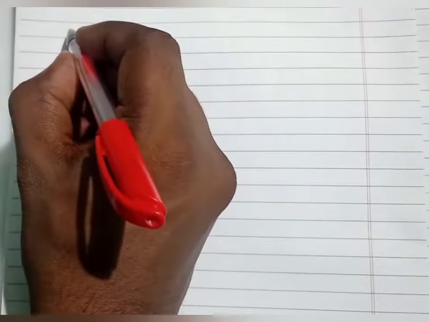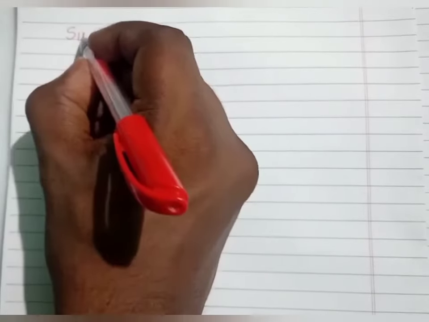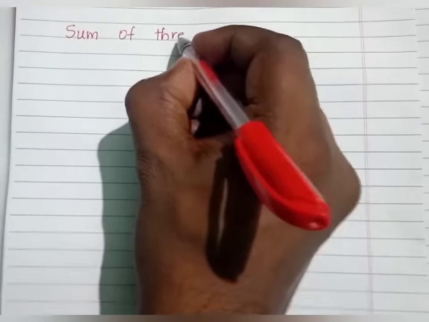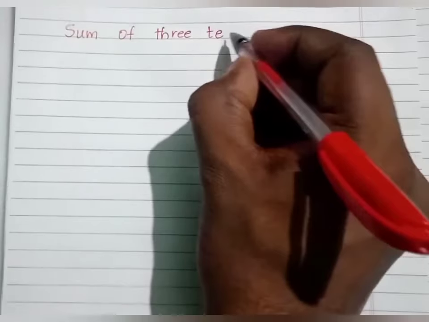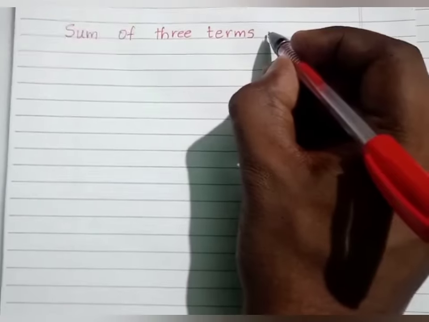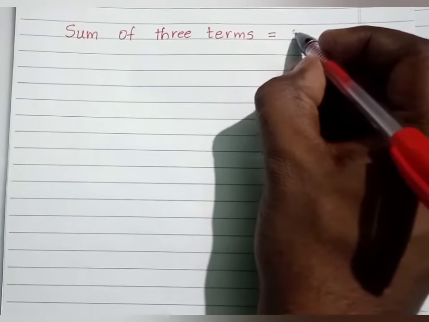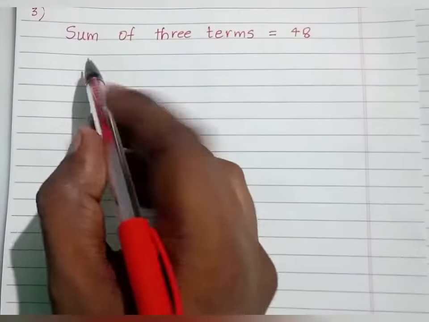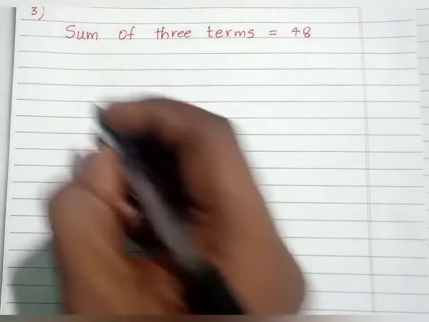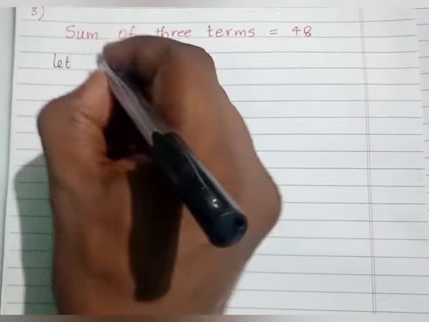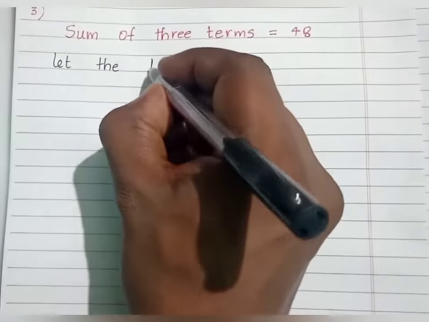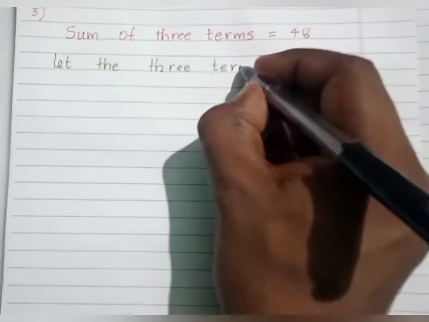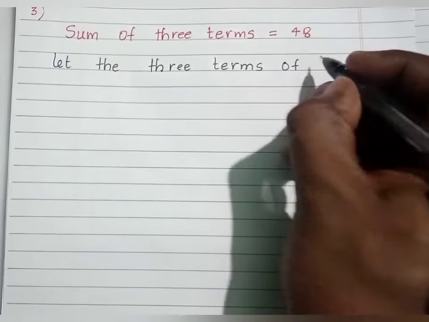Third question, given sum of three terms of an AP is 48. So sum of three terms of the given AP is 48. Since we are adding odd numbers, that is 3 numbers, let the three terms of an AP be